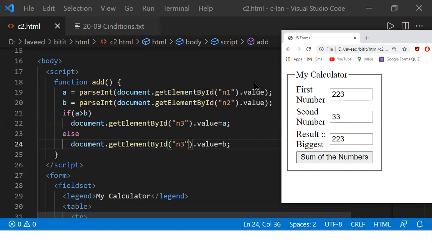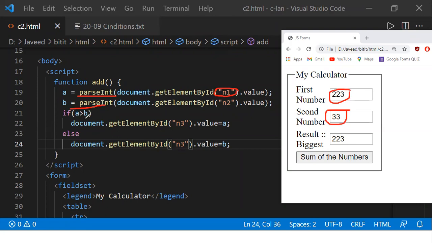We are taking the first value from N1. I'm retrieving the value from there, converting it to a number, and putting it into the variable called A. Then for B, I'm getting the value from the element called N2 and placing it into the variable called B. Then I'm comparing it.